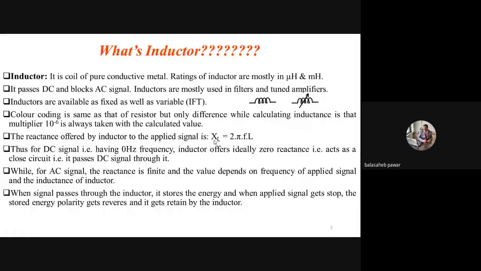So if the input signal is a DC signal, consider the same example as that of the capacitor, which we discussed in our previous lecture. If the inductor is connected in series and the applied input signal is DC in nature, how much will be the reactance offered by this inductor? It will be 0 ohm, because the input signal is a DC signal. That means it has a frequency of 0 hertz, and that's why XL is equal to 2 pi into 0 into L. Whatever the value of inductance of that inductor, the reactance offered will be 0.